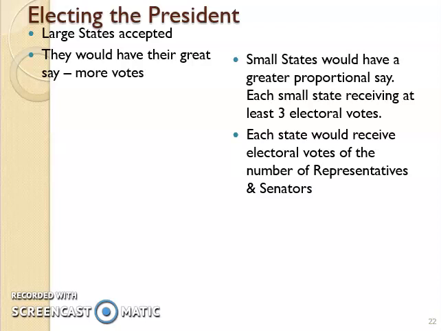So, for instance, take North Dakota. North Dakota has 3 electoral votes. So every state gets the number of electoral votes as they have members of the House and members of the Senate. So North Dakota has 2 members of the Senate and 1 member of the House, giving them 3 electoral votes. All right, California, on the other hand, has 55 electoral votes, but they have a population of